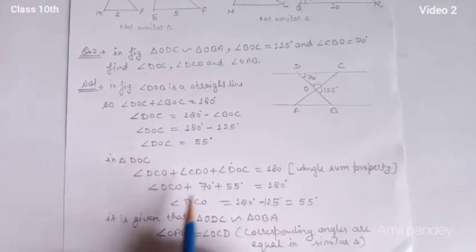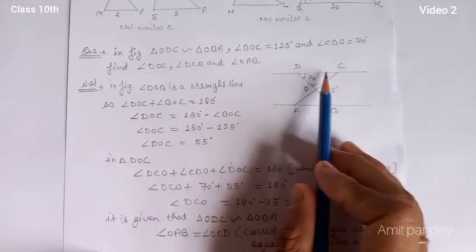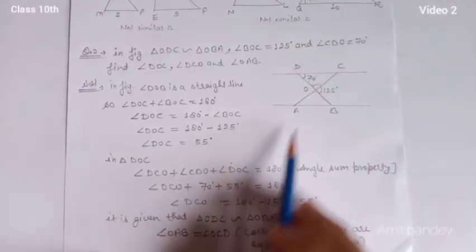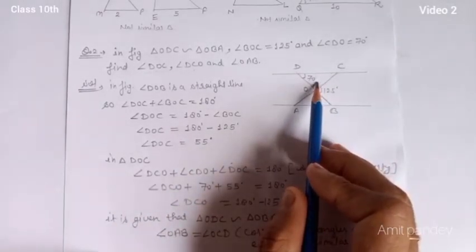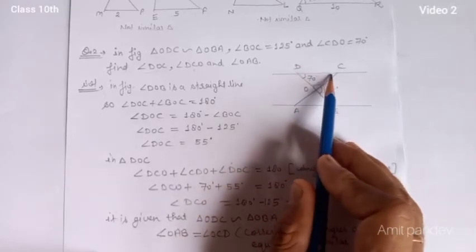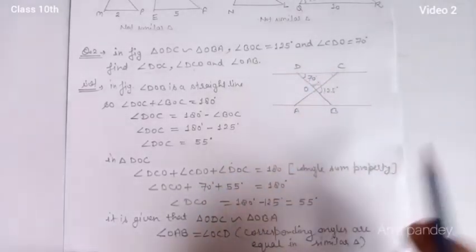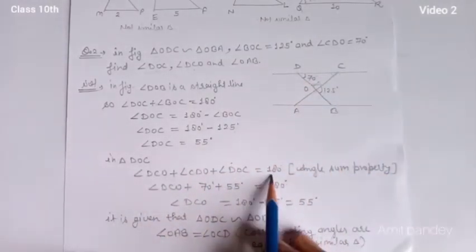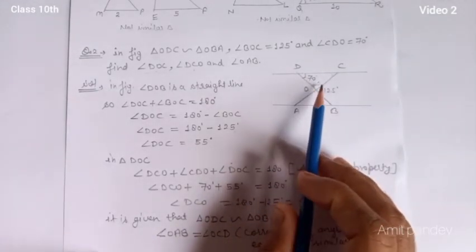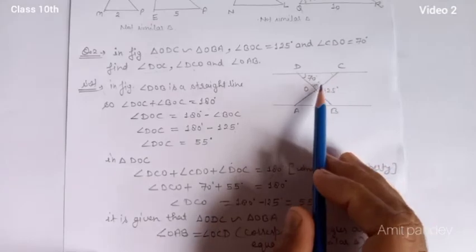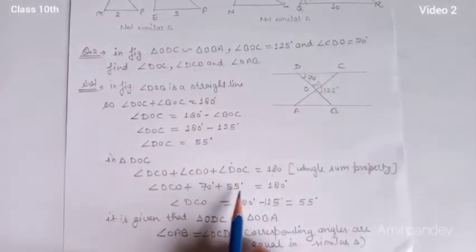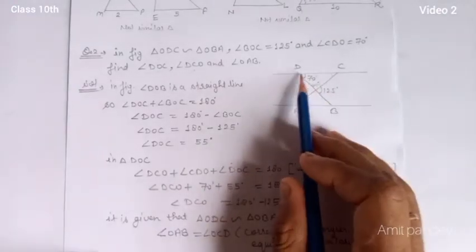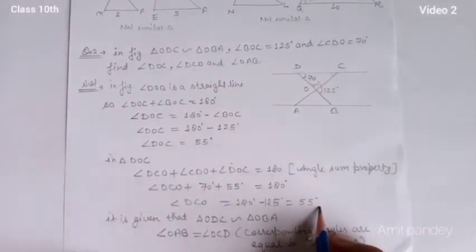So now students, in triangle DOC, we have to find this angle, this DCO. You know that we know the measure of this angle DOC and this one, only one is left. So by using angle sum property, yes, it's very easy. By using angle sum property, this angle and this equal to 180. Now replace the values. So here 70 and another is 55. We already found here 55. Now DCO is the sum of the both subtracted from 180. Now after subtracting we obtain 55. So DCO is 55 degree here.